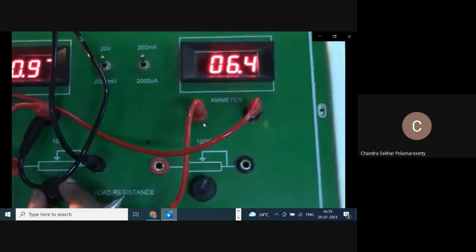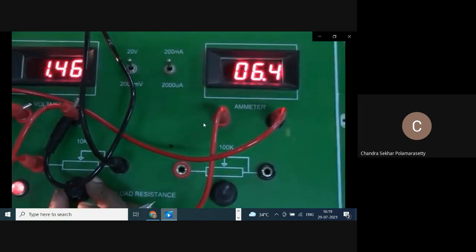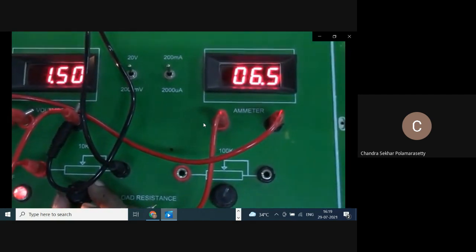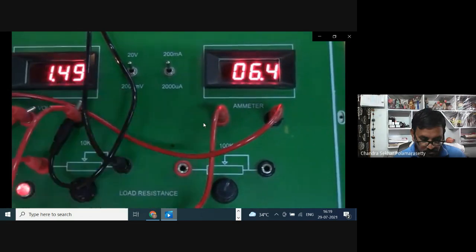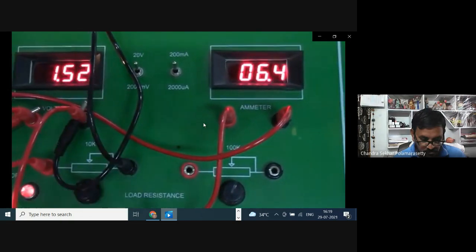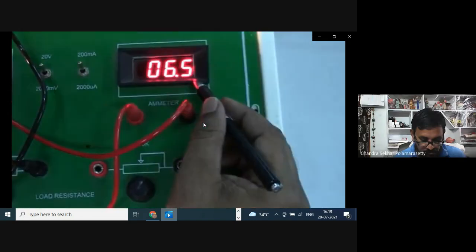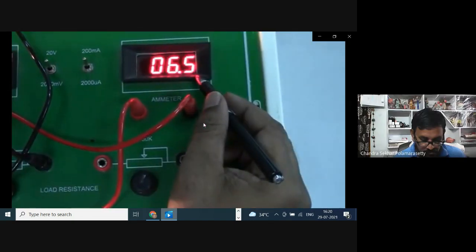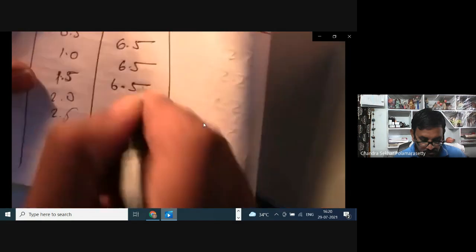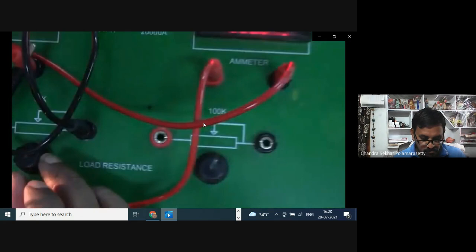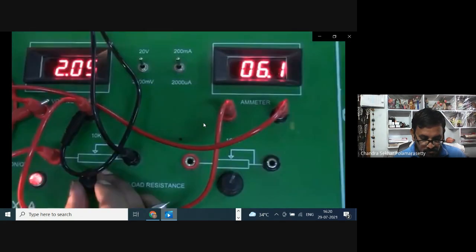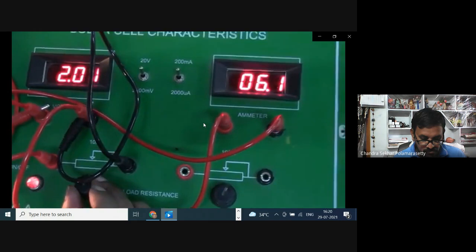So how to get the current to zero? You apply more amount of resistance. How to apply more amount of resistance? Yes, beyond our range of the resistance part. So you have to apply more amount of resistance in order to get 0 milliamperes of current. For that, I am simply opening the circuit, which means I am offering infinite amount of resistance to the circuit.